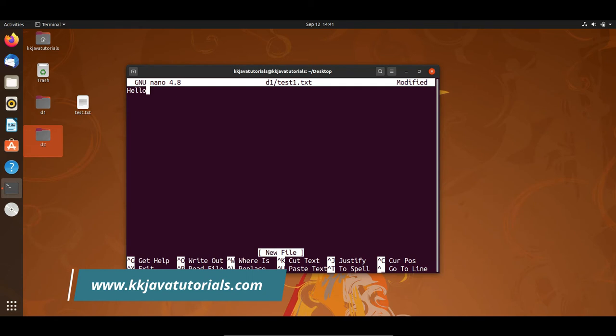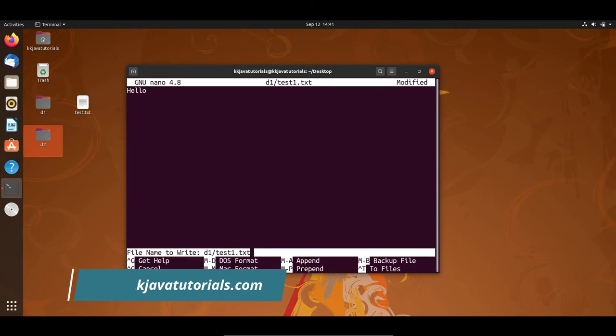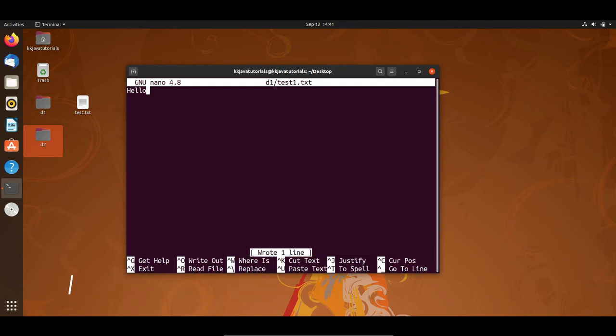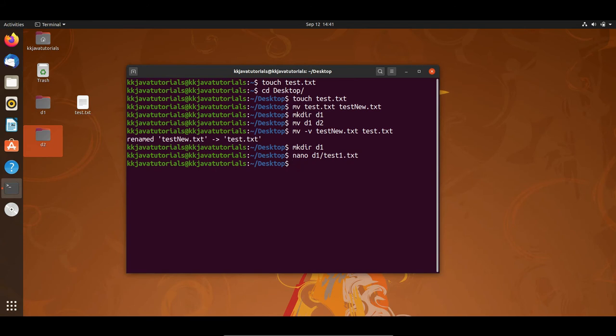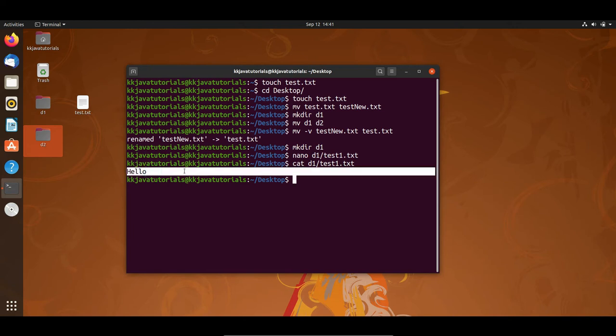This content I would like to put. I will press Ctrl O, then press enter, and then Ctrl X to come out of nano. You can see the content of this test1.txt, which is inside the d1 directory. So we can use cat, and let's see the content of this file. The content is showing as hello, what we have written.